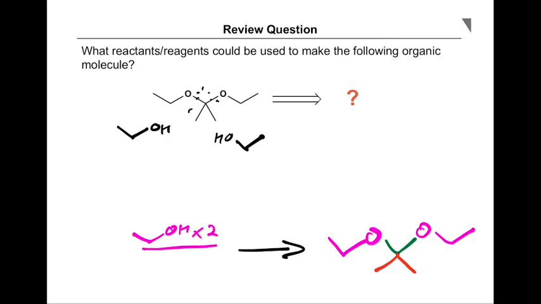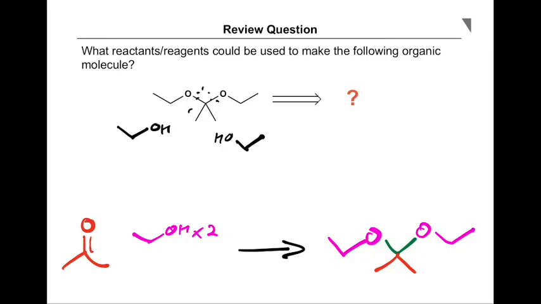Times 2. Okay, that means I got the stuff in the middle. Notice here, I have a carbon that is attached to two oxygens. That is the carbonyl piece of what I'm actually trying to build, right? So what does that molecule look like? This part right here? Yeah, that's acetone. It's a ketone because we made a ketal. It's going to be a carbonyl in the middle that has two different carbons on either side.